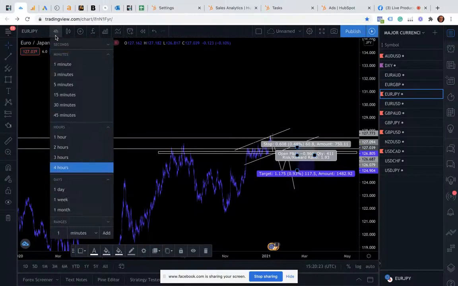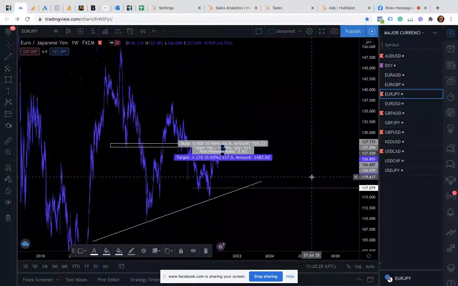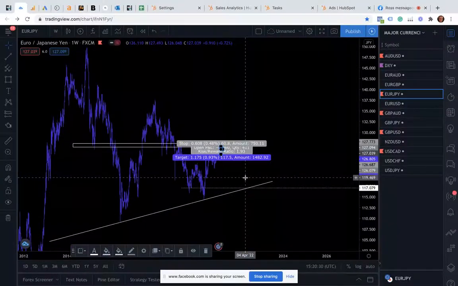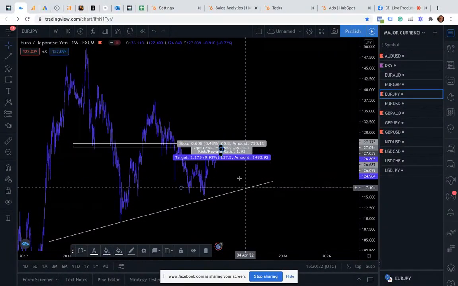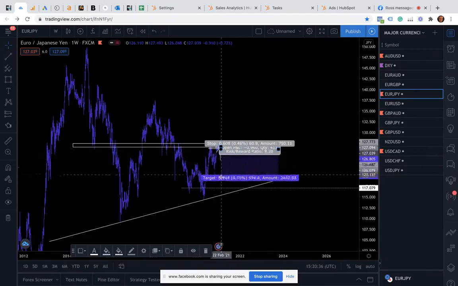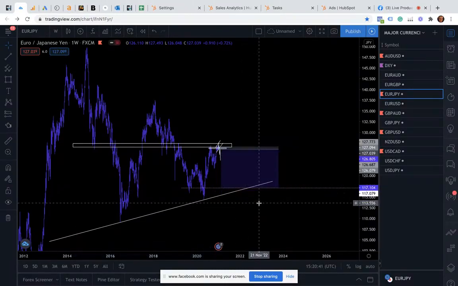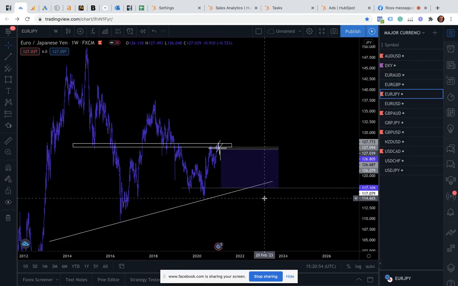Now let's just go back to the weekly. So I would probably be taking that down to this trend line here, anywhere down about around this zone, probably all the way down here. So potentially we could be taking that all the way down here, which is massive moves. Now we're talking 887 pips, we're talking weeks and weeks worth of price action to be moving. So it would be a long-term play, but again, it's something to be looking at and making sure that we